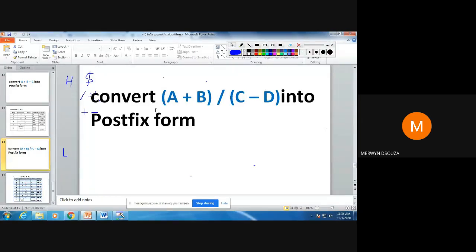In order to know if you have solved correctly, you can first solve it using the rules of maths and get the answer. Once you have got the answer, you can solve it using stacks, and you must get the same answer as you got in maths. Otherwise, you have done something wrong. So can you solve this? Solve it in your notebooks.